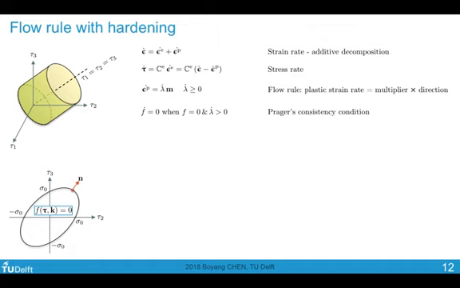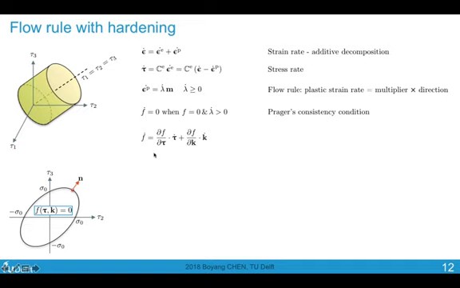Now with hardening explained, we can then move on to include hardening in the flow rule. Previously, we have all these established and they will remain unchanged even with hardening. What would change, however, is that now when we take the partial derivative of f with respect to time, we need to take into account that f contains both our Cauchy stress and our hardening parameters. So this would contain naturally two components.